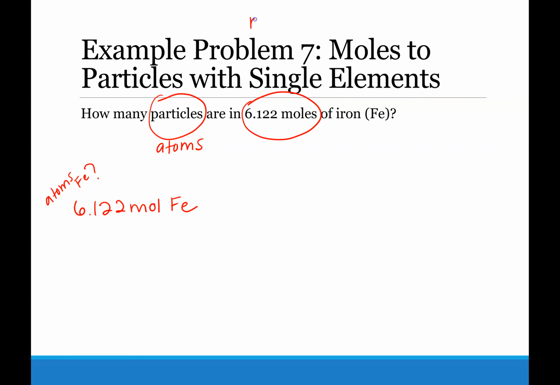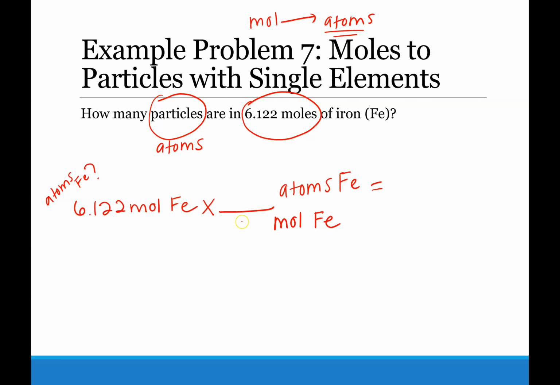So we can go from moles to atoms or particles in one step, because moles is treated as a base unit, and atoms, particles, or molecules, they are used interchangeably, are treated kind of like grams are, as something with a prefix. So from a base unit to something with a prefix is a one-step conversion. So multiplication sign, division bar, moles of Fe is brought down, and then atoms of iron are on top